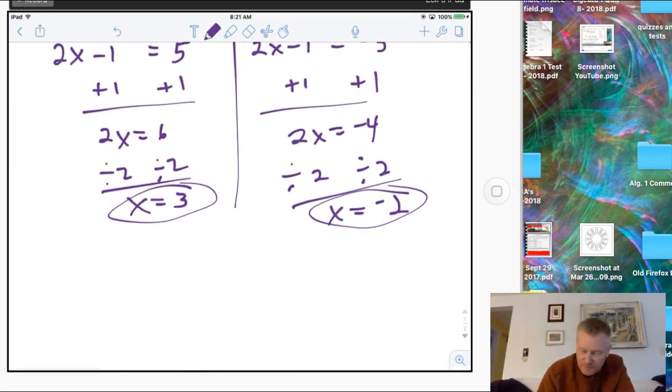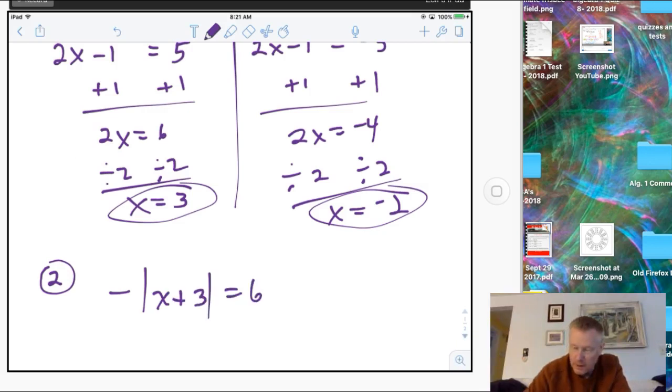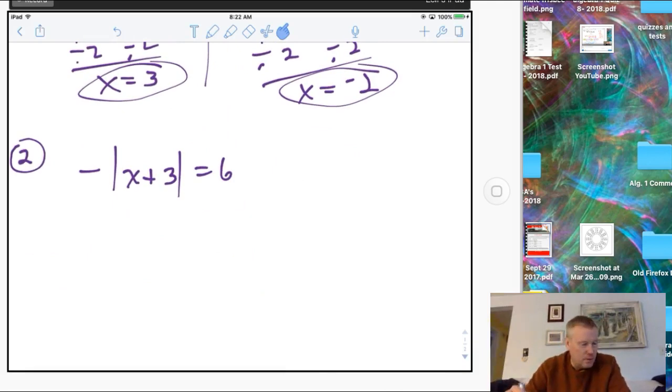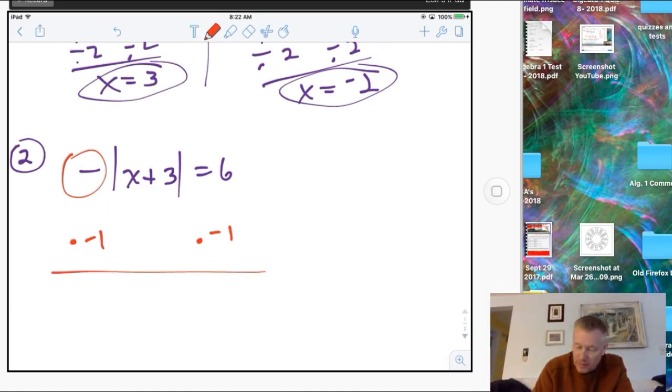Number 2, got the absolute value sign with a negative sign outside of it this time. Negative absolute value of x plus 3 equals 6. Okay, now the first thing I like to do with these is to get the absolute value and what's inside of it all alone on one side of the equal sign, which means I'd like to get rid of this minus sign. So I'm going to actually multiply by -1 on both sides. You could divide by -1 also, but I'm going to multiply by it. And what happens then is those cancel out, and I'm left with the absolute value of x plus 3